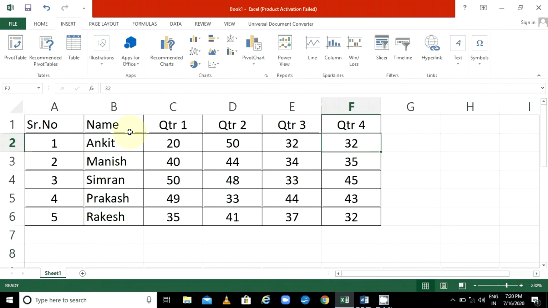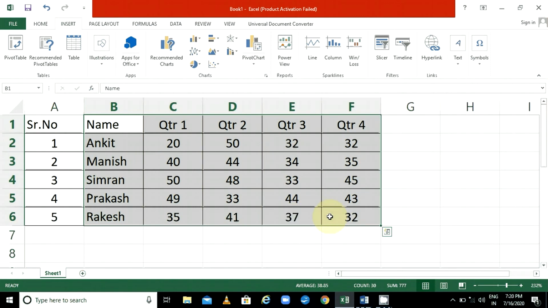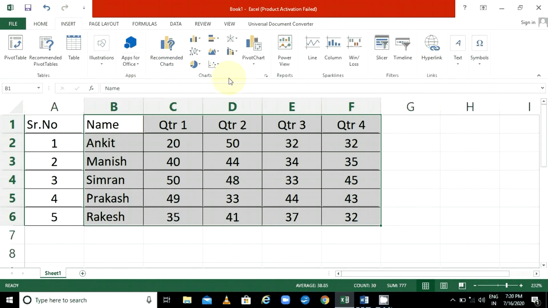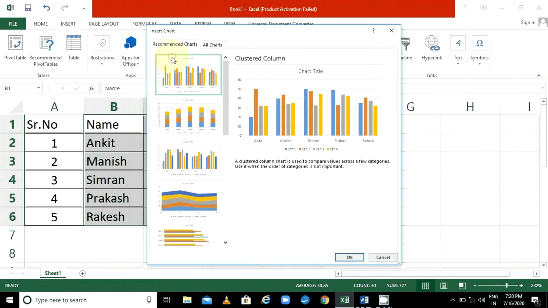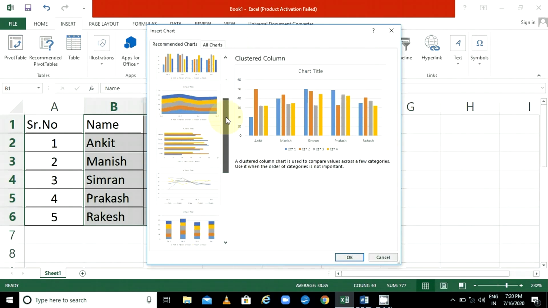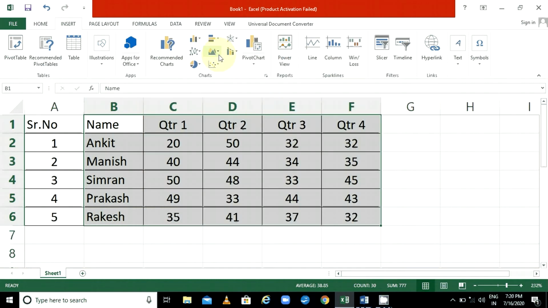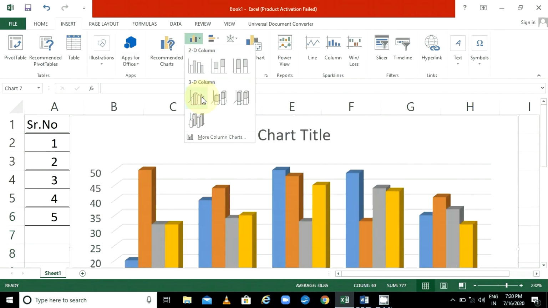So when you want to insert a column chart, you have to select your data first like this. Whatever data you want to plot on the chart, you have to select it. Now after selecting this data, move to this option. First, if you are working in any other tab, click on Insert, then go to this charts group. Recommended chart option is given, which means it will give the charts which are mostly used or commonly used. So here you can select any chart directly, or if you want to select a chart from these types, you can use any of these. Okay, so let me start with this one.